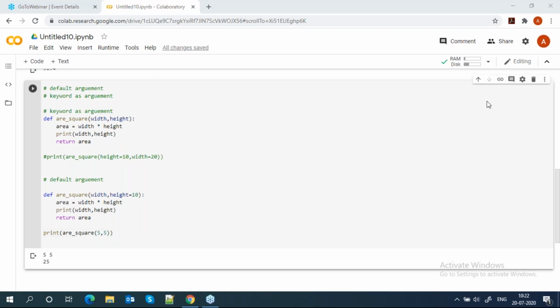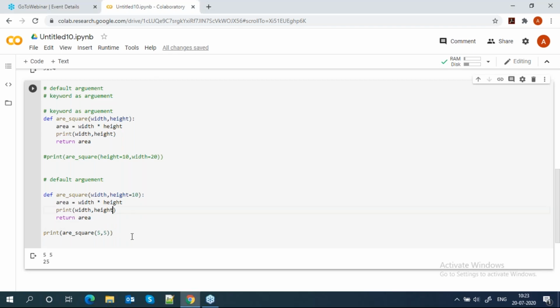So later on we can change the argument, like height? Earlier it was 10, you mentioned it in the function, but later on you change it? Yes, you can change. But with default, if you pass some value, it will take that. If you didn't pass anything for height, by default it will take 10. So this is what we are talking about, default argument.